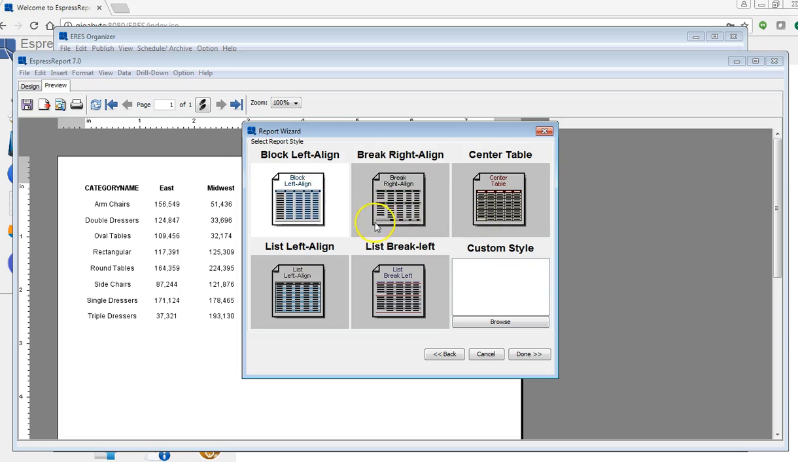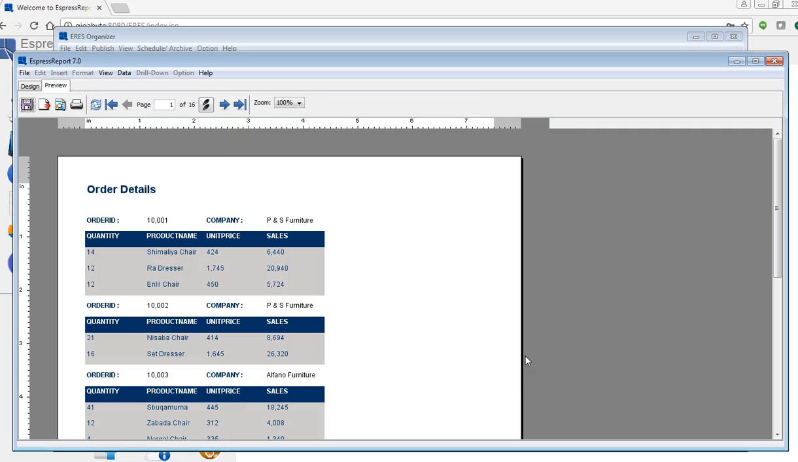here are several styles that you can choose from. If you don't want to do detailed formatting yourself, you can use this as a quick style that applies to your report. So let's hit done, and then here's your master details report, where here you have the group